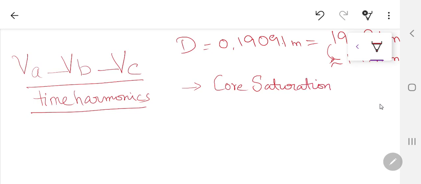inside the machine, certainly when there is going to be a core saturation, either it's going to occur in any teeth or in some slot area or maybe inside the rotor teeth or somewhere, then certainly this means that according to the BH curve, there is going to be a little bit of increase in current over there, and it's not going to be sinusoidal. And certainly when it's not sinusoidal, it's going to have a lot of harmonics, maybe third harmonic, fifth harmonic, or whatever. Why they are not even harmonics, we will discuss that later on. So it can be because of the core saturation, but yes, you can decrease it with the use of better materials and by better designing without going into the saturation of the BH curve.